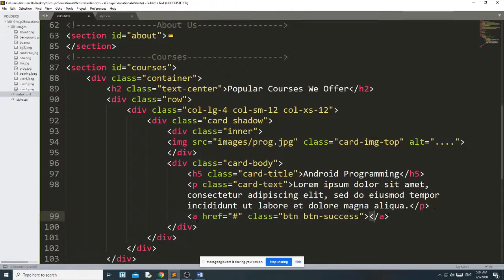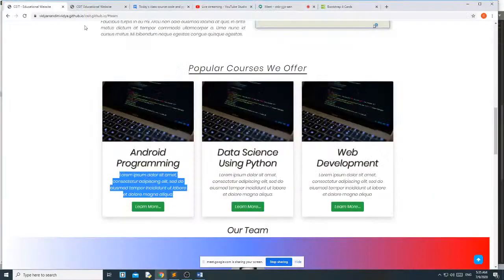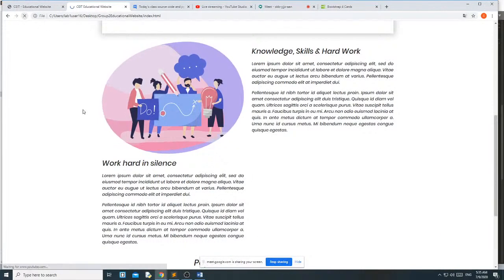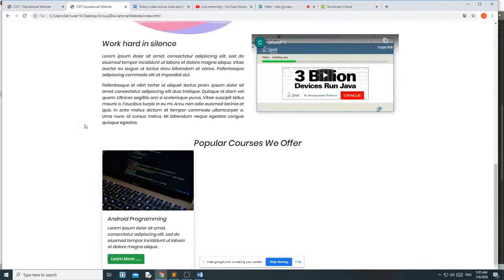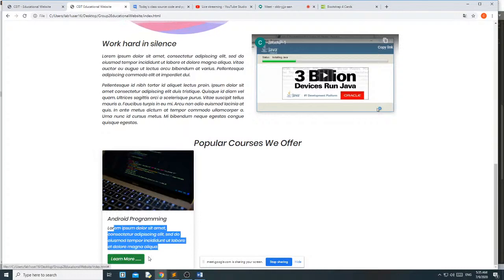Okay, and here the button name will be Learn more. We will see that. See, we created one card: this is the image, this is the card heading, this is the card text. Card heading you can also call the card title, this is the card text, and this is the button.